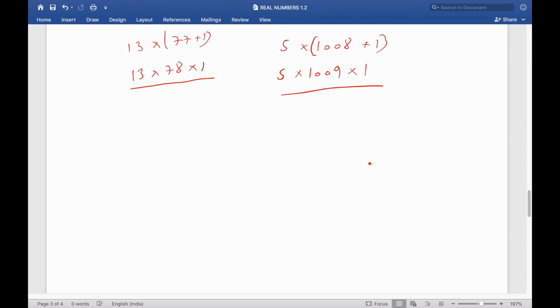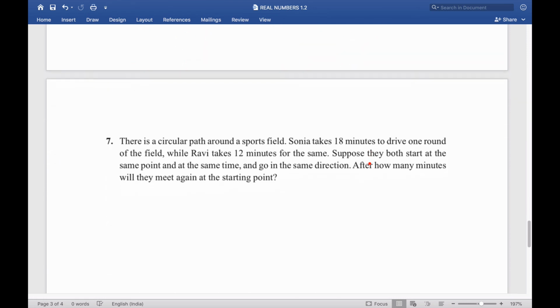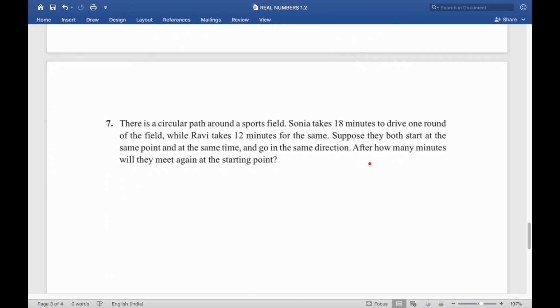Okay. So now we move on to question 7. There is a circular path and Sonia takes 18 minutes whereas Ravi takes 12 minutes for the same. So they are starting at the same point. After how many minutes will they meet again? So basically we want to know at what time next will they meet. So we are looking at the multiples. So we must find the LCM of